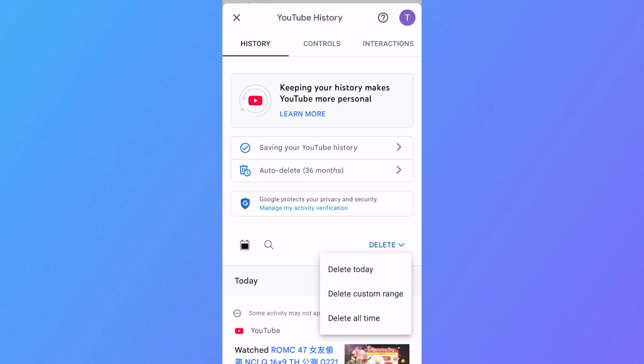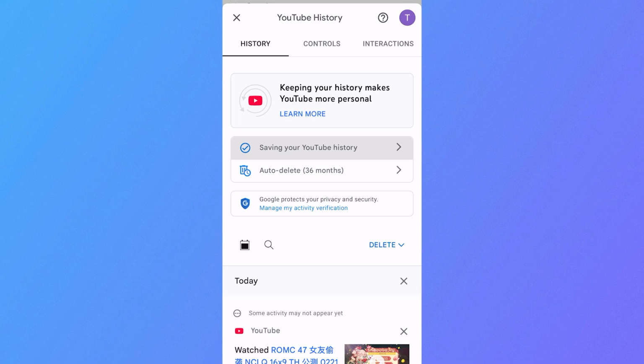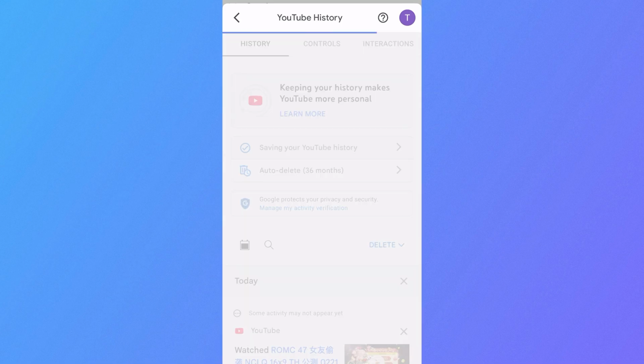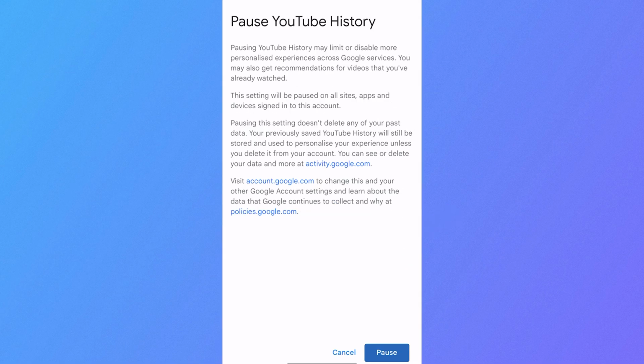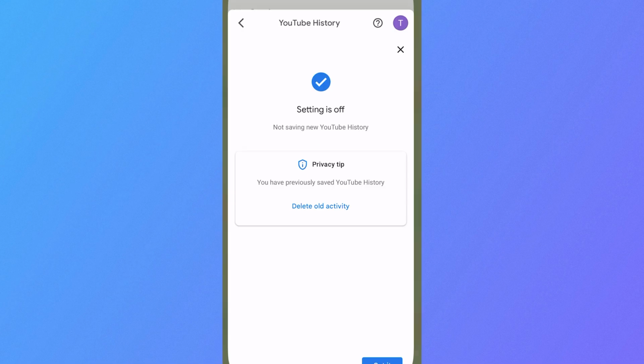Now another thing you can do is actually just turn off your search history altogether, and we can do that by clicking on saving your YouTube history and just going ahead and clicking on this turn off button. And as you can see, this will turn off all of our search and watch history. So I'm going to click on pause, and as you can see, this setting is now